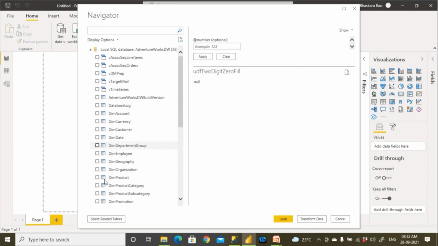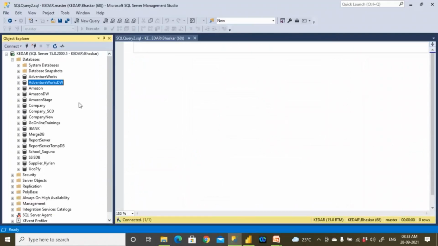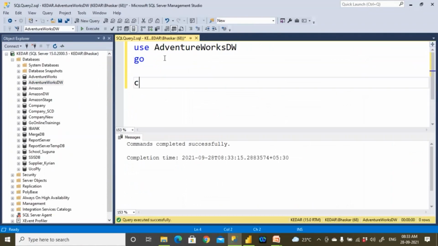For example, I wanted to get dim employee. So I'm going to be getting data of the dim employee table using a table. This is a table. I don't want to get data from table. So I say use AdventureWorks DW. So I'm going to be creating a procedure, create a proc, say USP get employee data